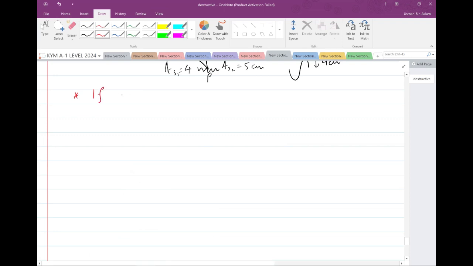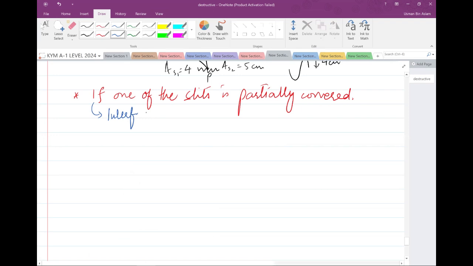If one of the slits is partially covered, the interference pattern is still observed,